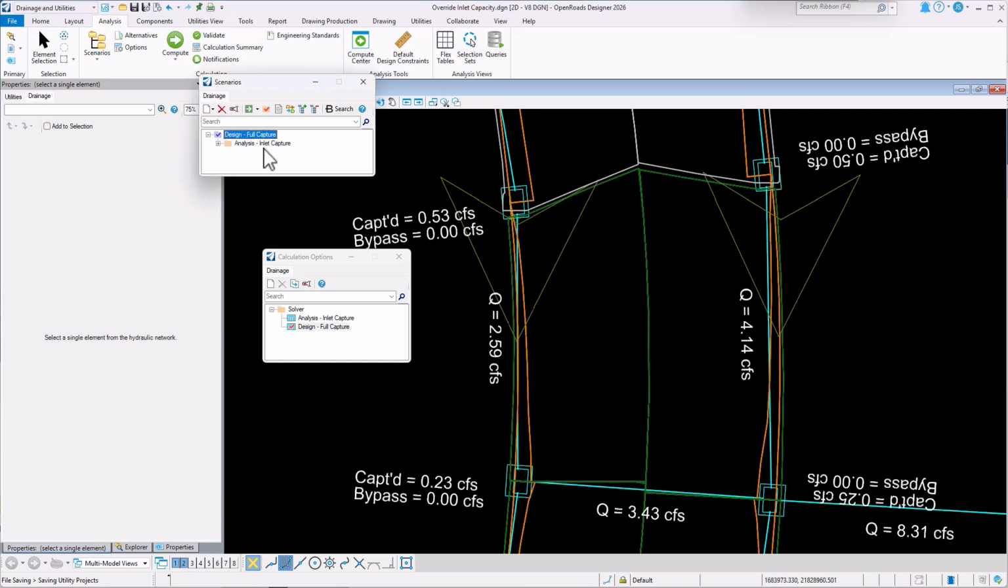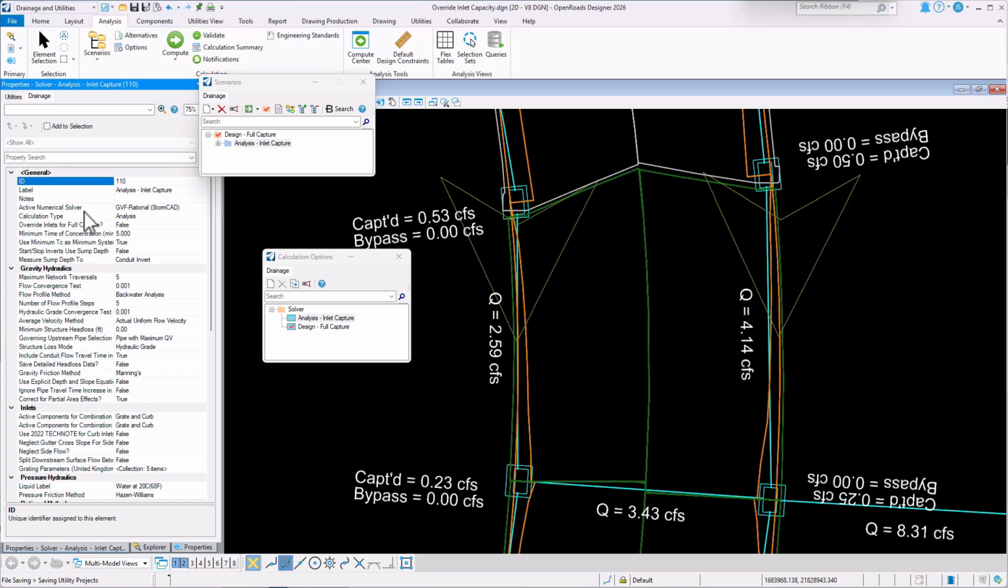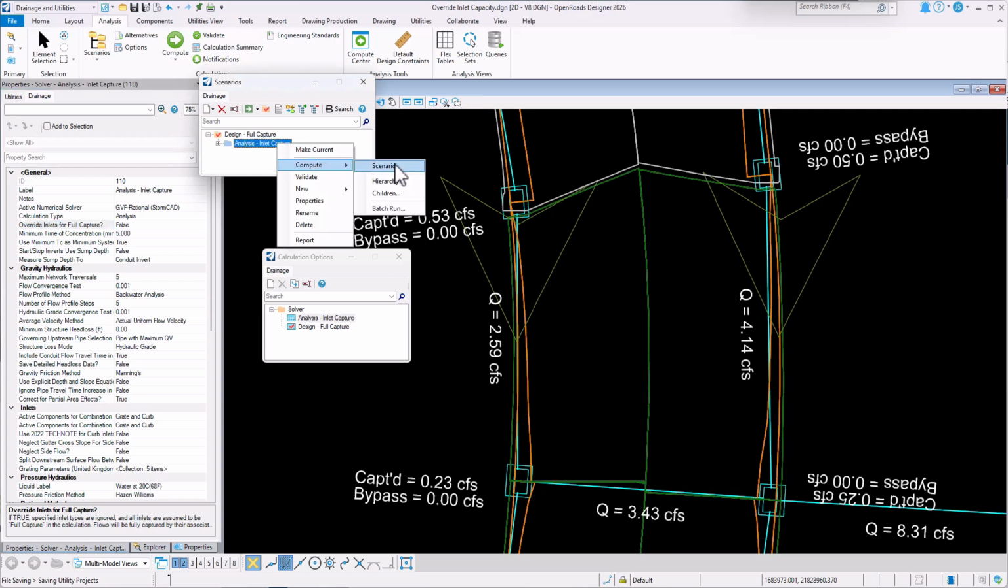The second situation I want to look at is analysing the system, but using the catalogues and the capture of the inlets. So it's a child scenario, and all I've done is change the solver calculation options. So if we look at those, we're doing an analysis, and override inlets for full capture is set to false. So if we compute this scenario,